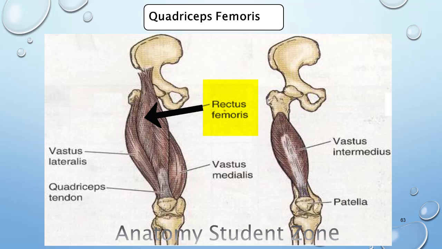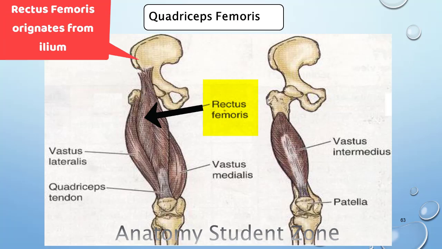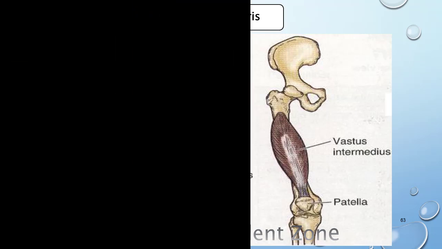So it means if it is acting at hip joint, it is going to originate from the upper half. It is arising from the hip bone, and the part of hip bone from where this muscle arises is ilium. Again, I'm going to tell you 2 points on ilium bone for this muscle, and you have to remember these 2 points. One is acetabulum and the other is anterior inferior iliac spine. So remember, acetabulum and the anterior inferior iliac spine for the origin of rectus femoris muscle. These are important points.